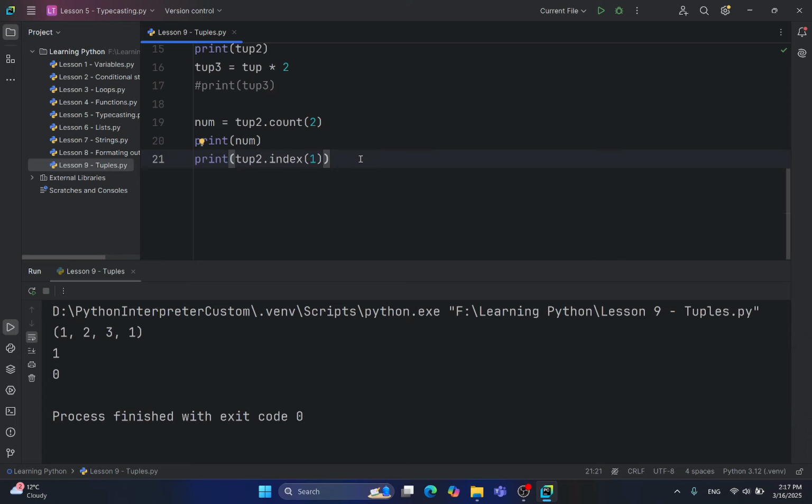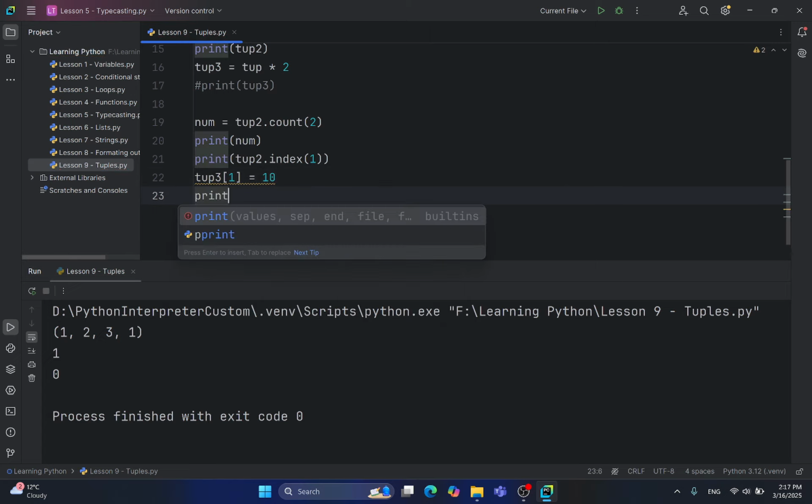You may have wondered how to append, insert, or remove some elements in a tuple, but there isn't a function for that because a tuple is immutable, which means I can't change its values, as you will see now. For example, if I write I want tup3 and its first element, the element at position 1, to have a value of 10,